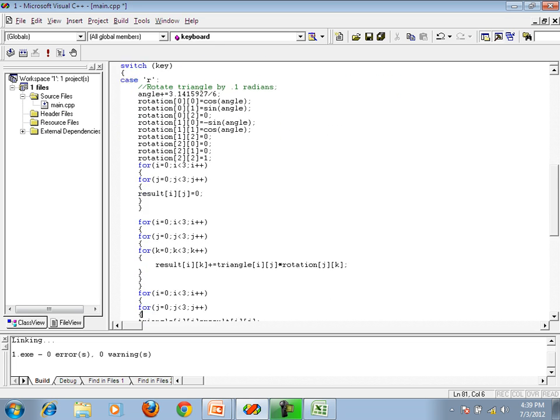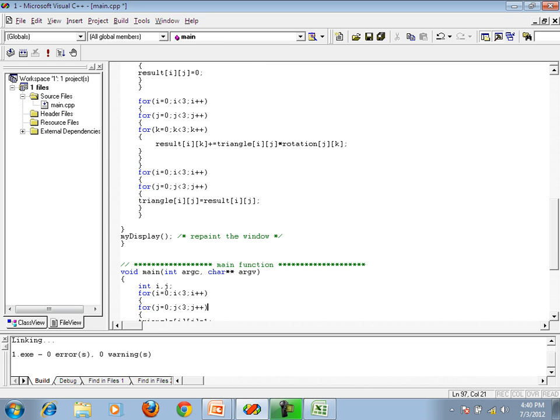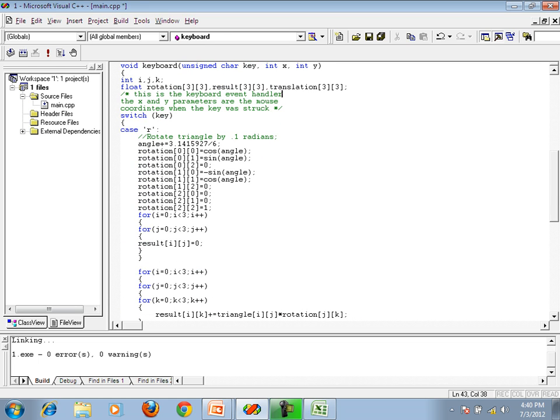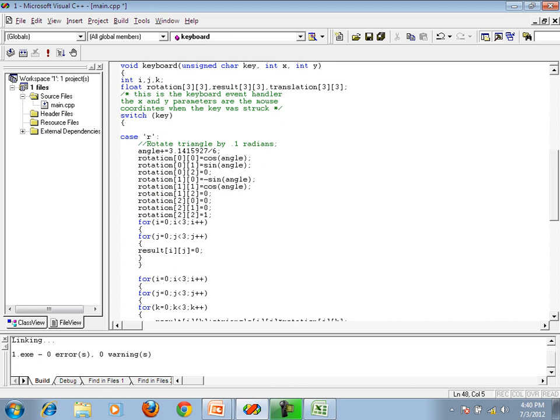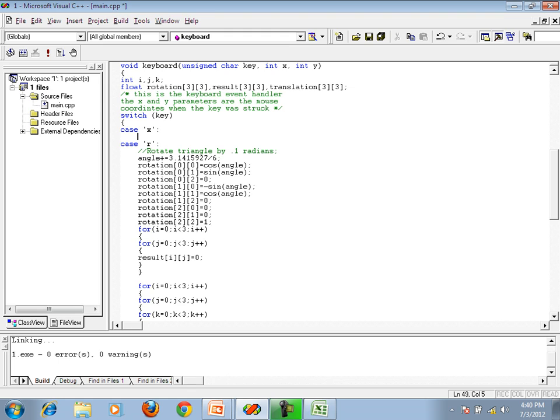I am looking for is, if you press x, then it will work out for translation in the X axis, case small x. Okay, here I am putting translation का 0,3 and 0,0 as 1.